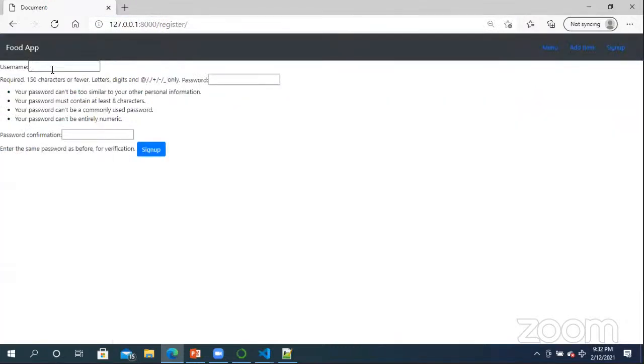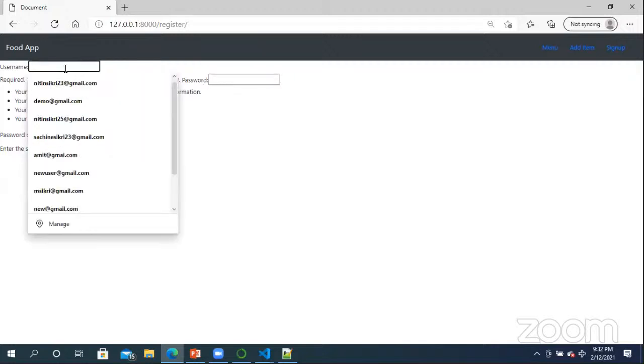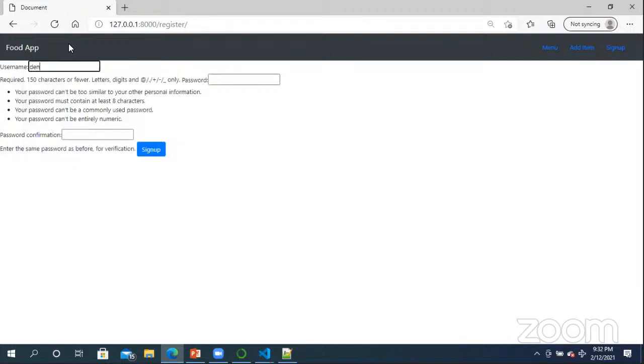So this is something which I want to tell you. This is a register page where you can put the username and password. Let's say I'm going to create another one. But you saw that the user exists message is not printing. So let's say I have demo, demo 1 2 3 4, and I say